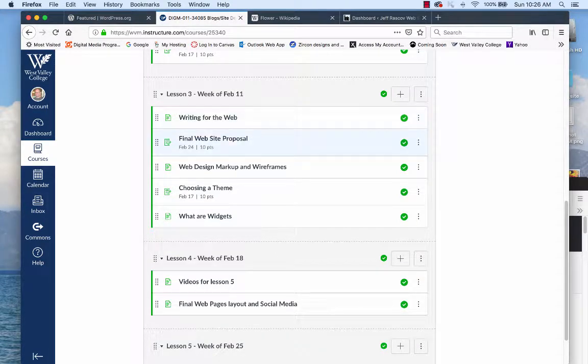We are going to look at mostly how text is used inside of WordPress. I'll show you different font sizes. I don't know about font; it depends on the theme that you have, which will change the font. So in this case, for this week of February 11th, you have a couple things